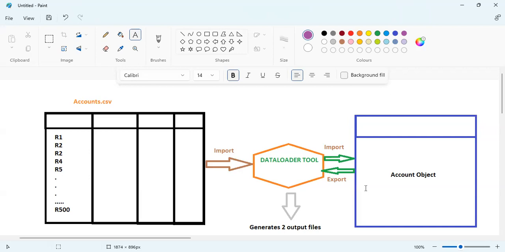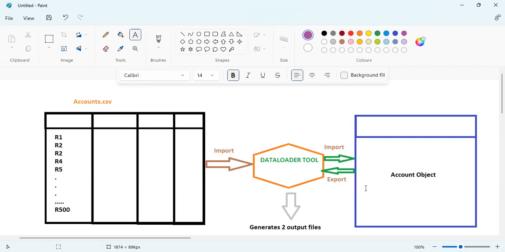It is based on our scenario. If we have a small amount of data, or we only need backups, the data export tool is the better one. We just need to download and do the export. That's it. In case of backups, or if we need to analyze our org's data, in both cases we can go ahead with data export. And with data import, we can do only import. So these tools are specific; we can do only one part of it. If we just need to import, probably we can do that with the import tool, but